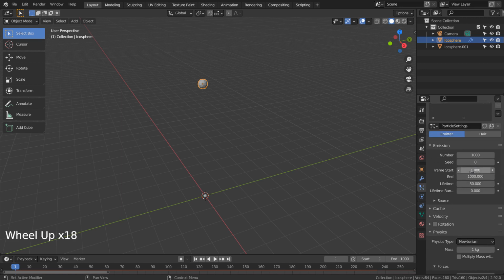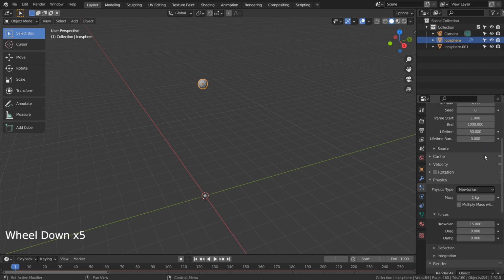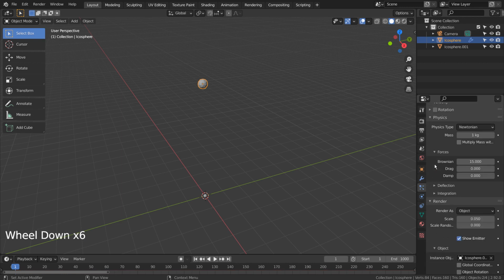Let's increase the particle count and its lifetime. Let's scale it up as well.